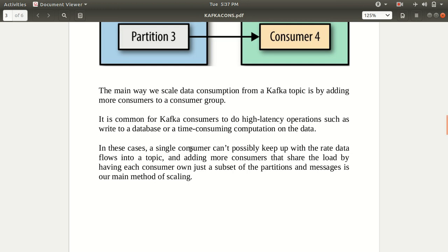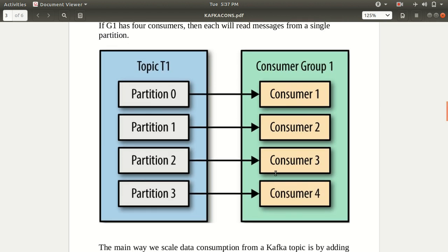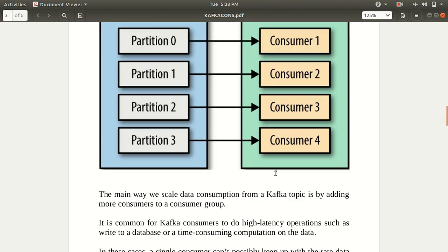A single consumer can't keep up with the rate at which the data is flowing, so the rate of producing is more than the rate of consuming. This is a problem, right? This is the set of concepts I wanted to discuss, because these terms will be coming up in my practical as well.